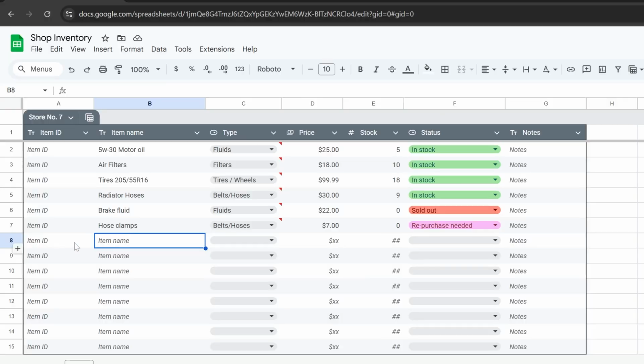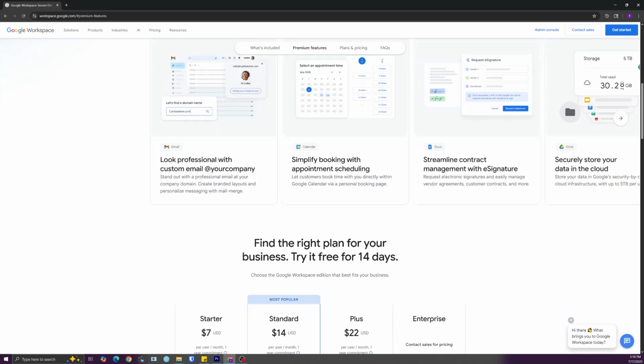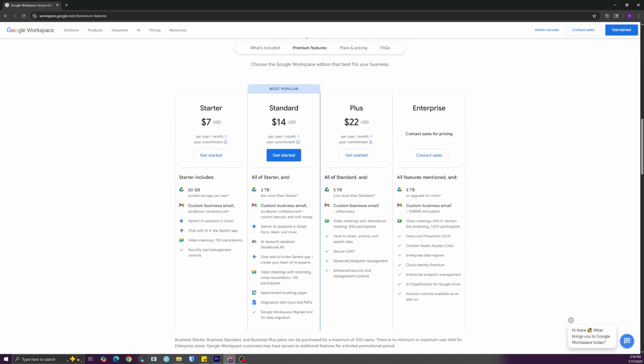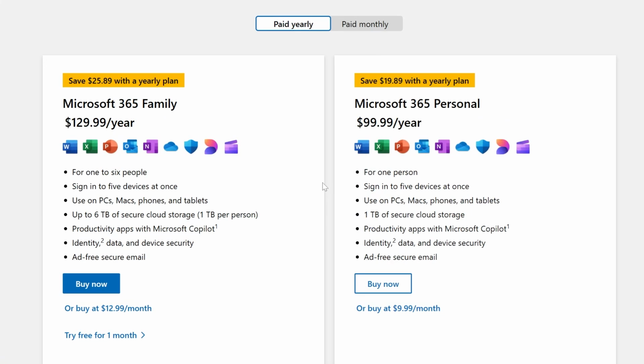Since Excel and Sheets are so similar, how do you choose which one to use? Let's talk about some things to consider when making that decision. Google Sheets is completely free for individuals. Businesses may pay a monthly fee per user for access to the full Google Workspace suite. Microsoft Excel offers a limited free version, but to access all features, you need to purchase the full Microsoft Office suite. Many schools and organizations provide this for their students and employees.